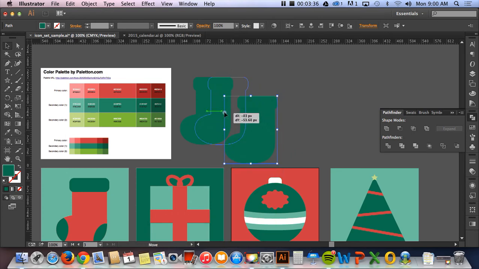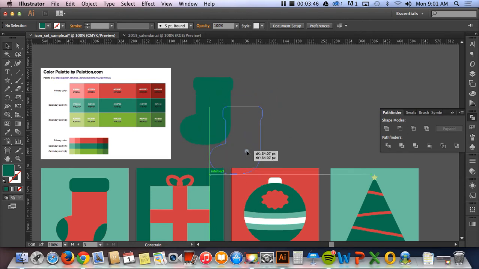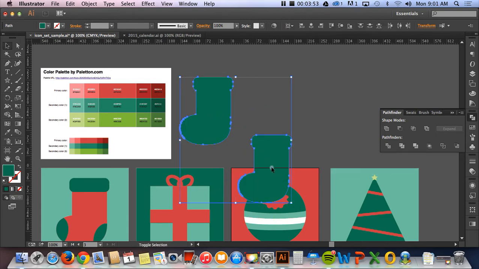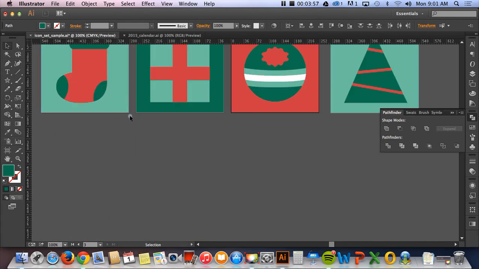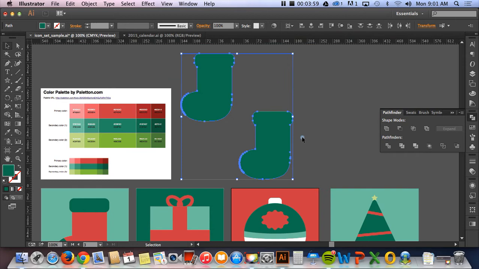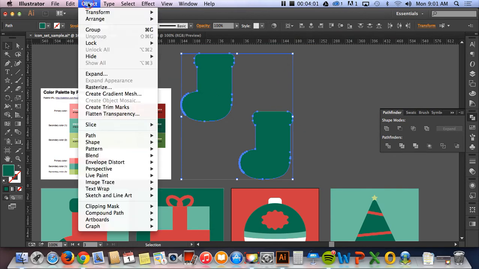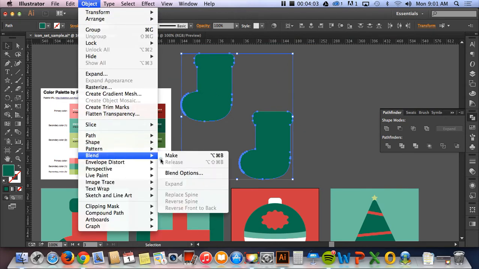Let's see if that works. Yeah, holding shift is making it kind of jump to different places. Do you see that? How it's jumpy. So make it pretty long because we need to make sure that it can get past the bottom of my square right there. Then what you do is you go Object, Blend, Make,